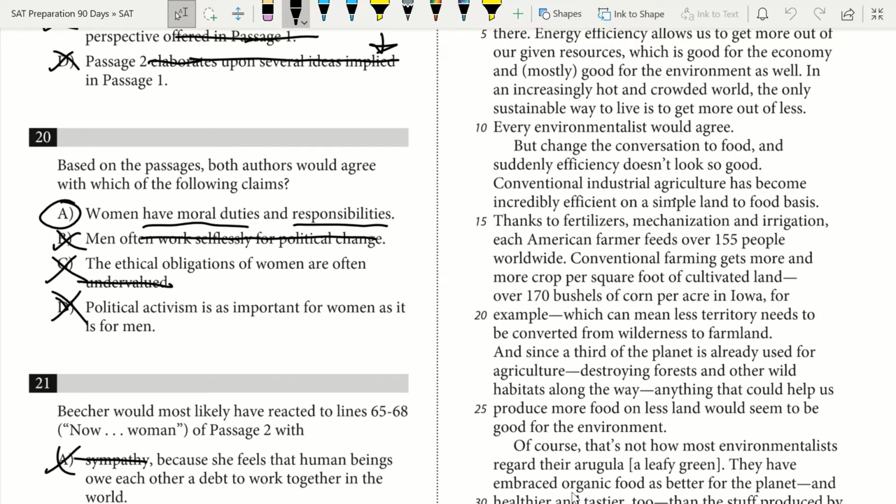Conventional industrial agriculture has become incredibly efficient on a simple land-to-food basis. Thanks to fertilizers, mechanization, and irrigation, each American farmer feeds over 155 people worldwide. Conventional farming gets more and more crop per square foot of cultivated land, over 170 bushels of corn per acre in Iowa, for example, which can mean less territory needs to be converted